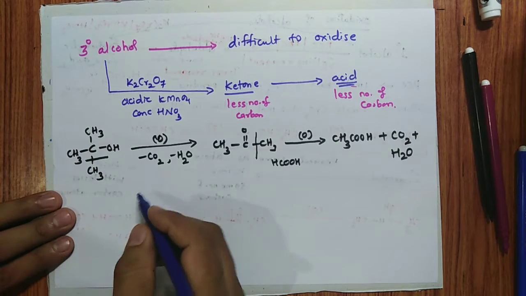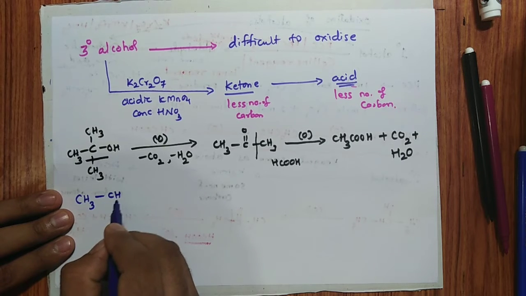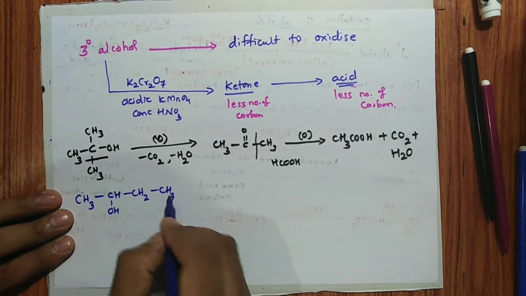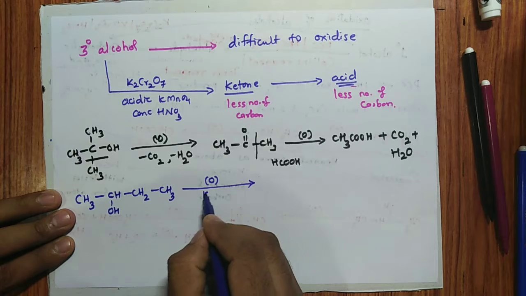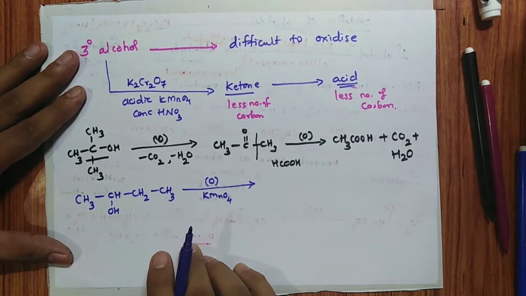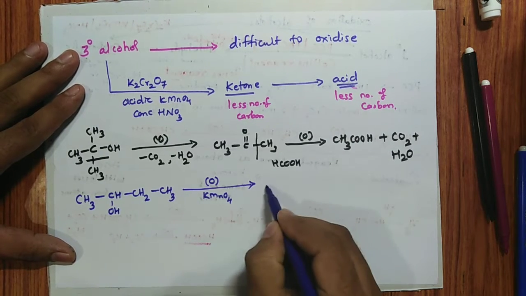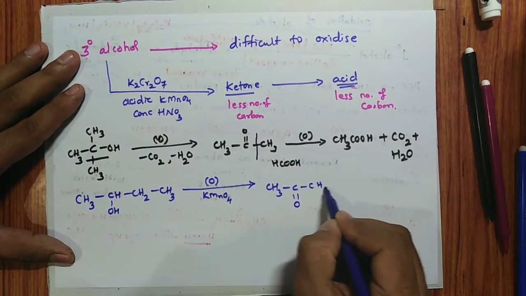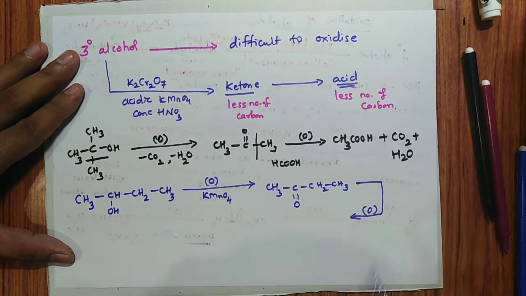Now tell me, if the reactant is taken like this, CHOH, CH2, CH3, when it undergoes oxidation in presence of KMnO4, strong oxidizing agent only we will consider. So what will be the product? See, if you don't use a strong one, you are going to get first the compound CH3, C double bond O, CH2, CH3. But this will further undergo oxidation to form